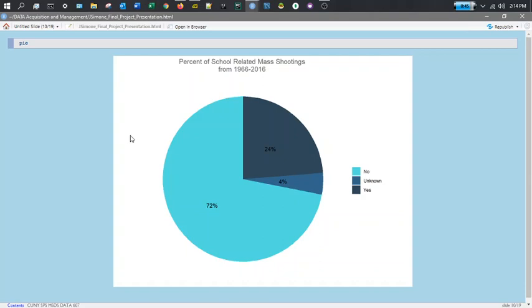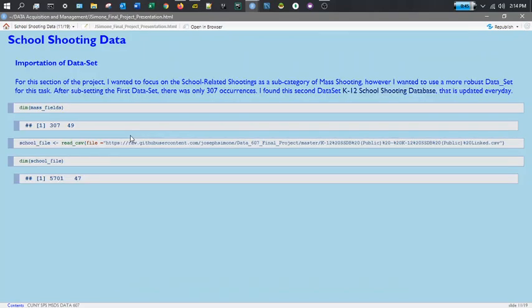So from here, I wanted to find the occurrences of each state that had school-related shootings. But as you can see from this dim function, there were only 307 total instances throughout this data set. So if you divide that by 50, that doesn't really give you an accurate reading over 40